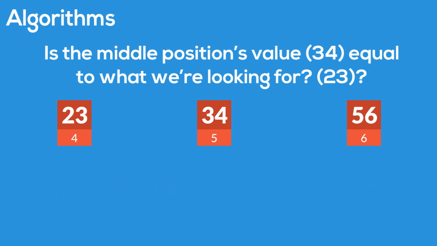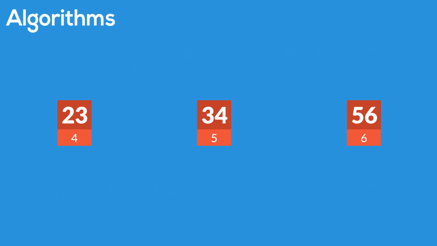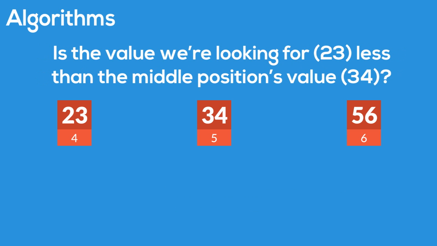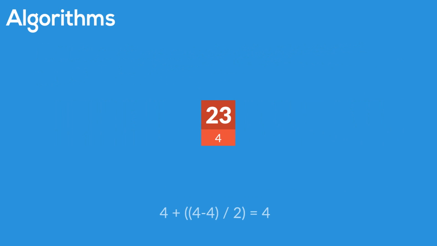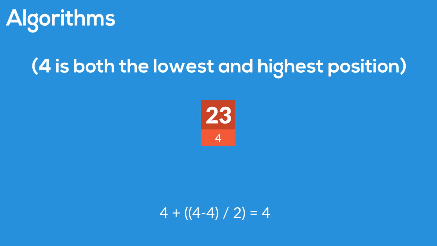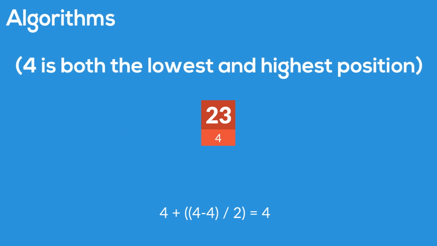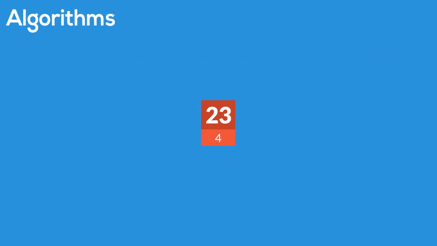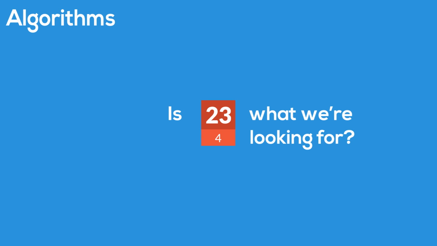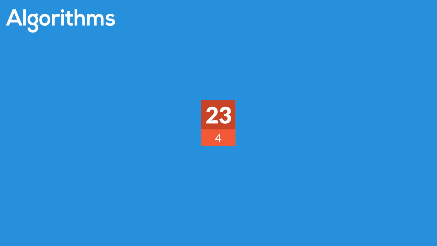Is 34 equal to 23? Nope. Is it less than 34? Yes. The middle position is going to be 4 plus 4 take away 4 divided by 2, which is 4. Finally, we'll check the position of 4. Is it equal to 23? Yes, it is, finally. Now if you thought that was a lot of work, could you imagine a computer trying